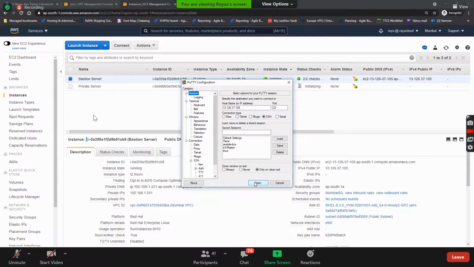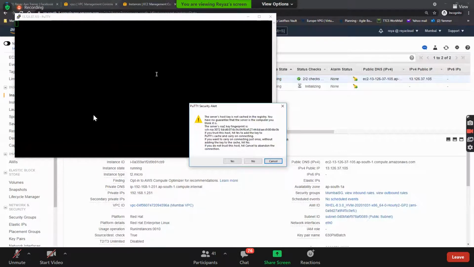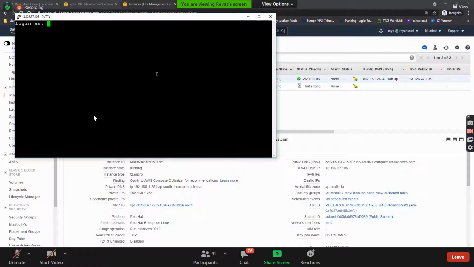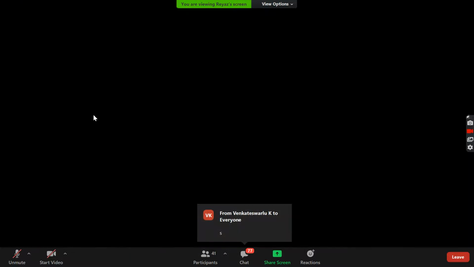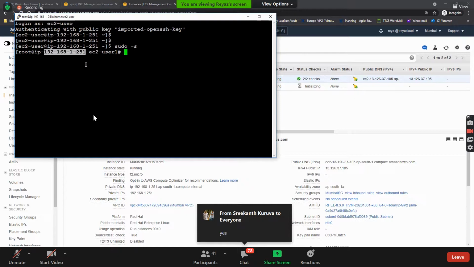Let's see. Boom. Wow. Do you see that we are able to connect to the Bastion server? Guys, yes? Do you see the 192.168 series is the one we architected in the VPC, right? So if you are able to log in, that means whatever we have done is perfectly correct.